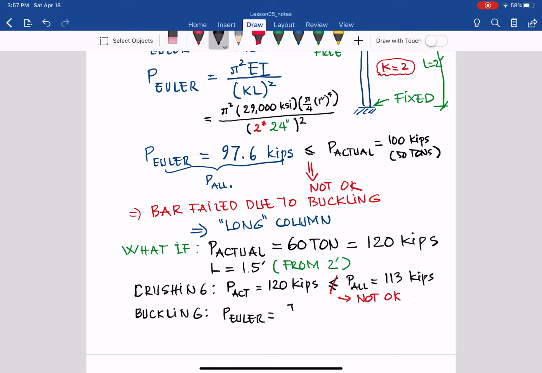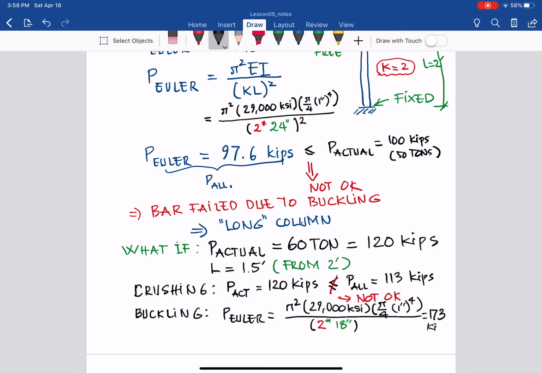It will be pi squared times 29,000, which is the Young's modulus of the steel, times the cross section, which is unchanged. So pi over 4, 1 inch to the power 4 divided by, in that case, the condition still unchanged, 2. But now the length, the actual length, is reduced to 1.5 feet from 2. So as you can see, that number is 18 inches. So from that we have P Euler equal to